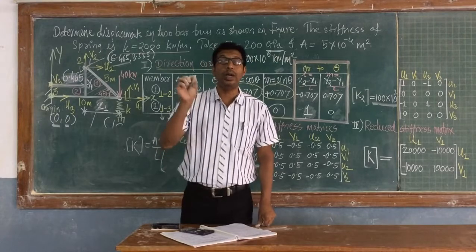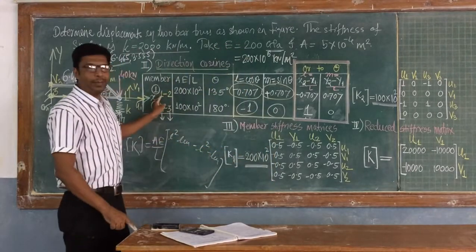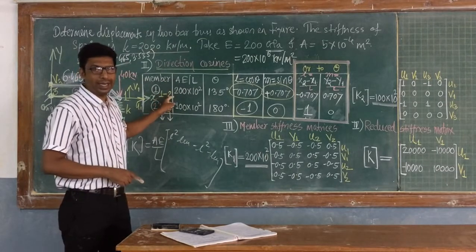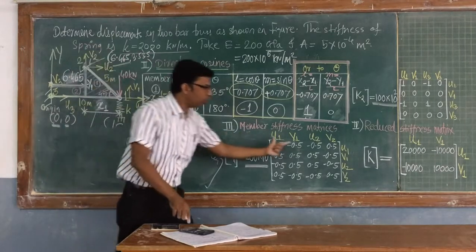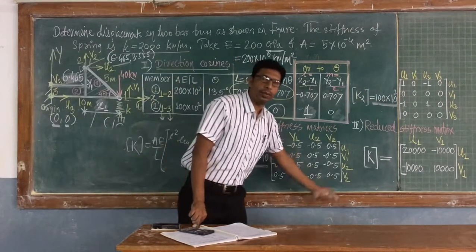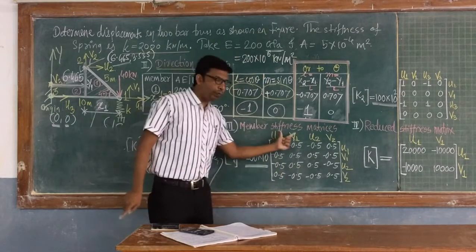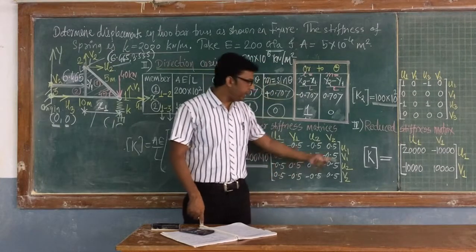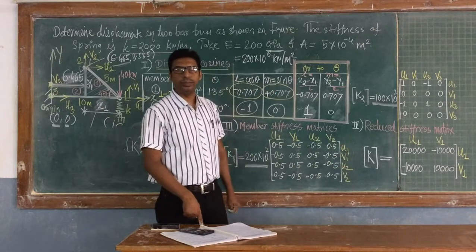Okay. One more important point, now you know that on the top and right of the stiffness matrix we have to write down the corresponding displacements. So member 1 is represented 1 2. Joint number 1 is the first joint, joint number 2 is the second joint. Okay. So unknowns of joint 1 are the first two columns and unknowns of joint 2 are the remaining two columns. Unknowns of joint 1 are U1 V1. So U1 V1 first two columns, U2 V2 remaining two columns. Similarly U1 V1 first two rows, U2 V2 remaining two rows.